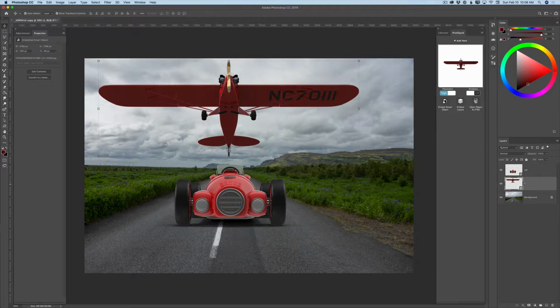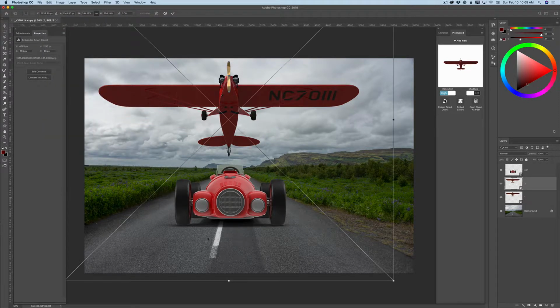Guys, now we have some problem. We will fix it just in a second, but for now we have one problem. We have a very visual shadow under our car. We don't have any shadow identifying that we have an aircraft somewhere in here. So what will we do? We will duplicate our aircraft layer. We will rename it to layer number 2, and using